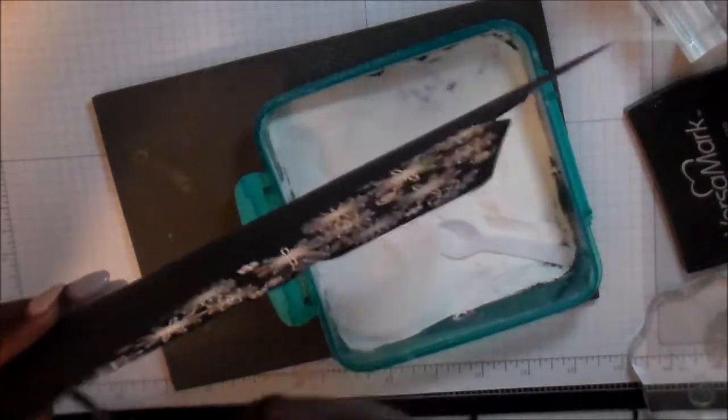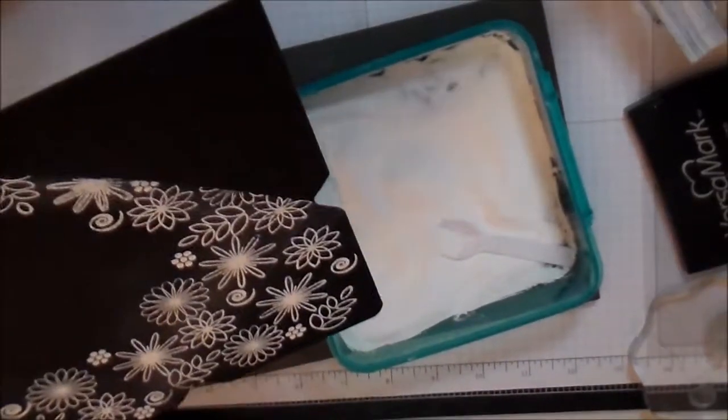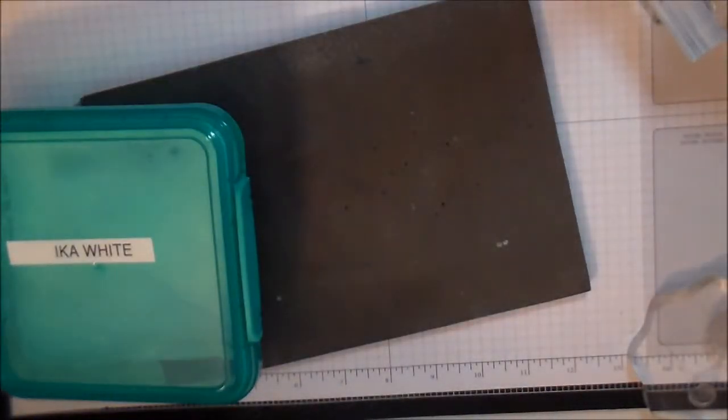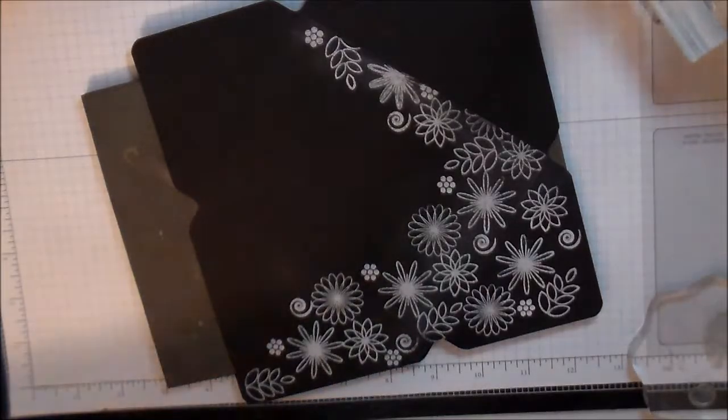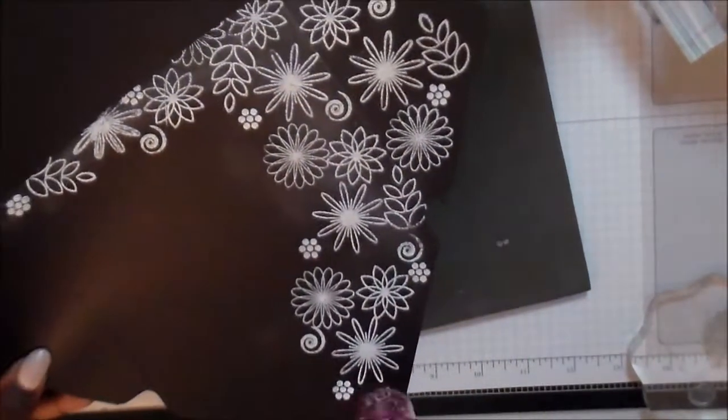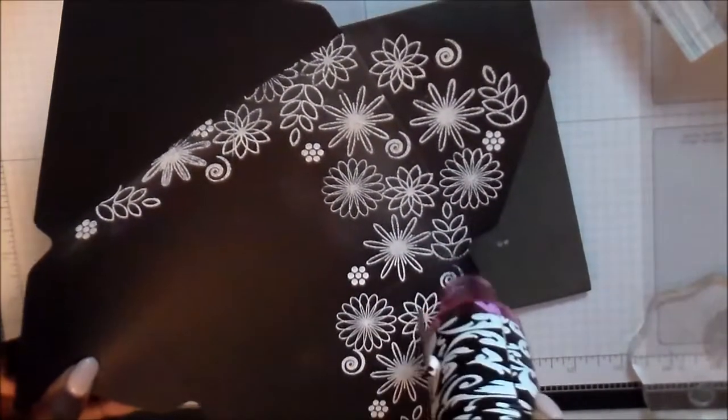It would stick worse if you don't use the powder. So I would definitely make sure you use your embossing buddy, powder up your paper, only because it'll create less of a hassle for you, really and truly. So what we're going to do, I've gotten my heat tool and I'm just trying to heat it up off on the side, and then we just take our time and heat up